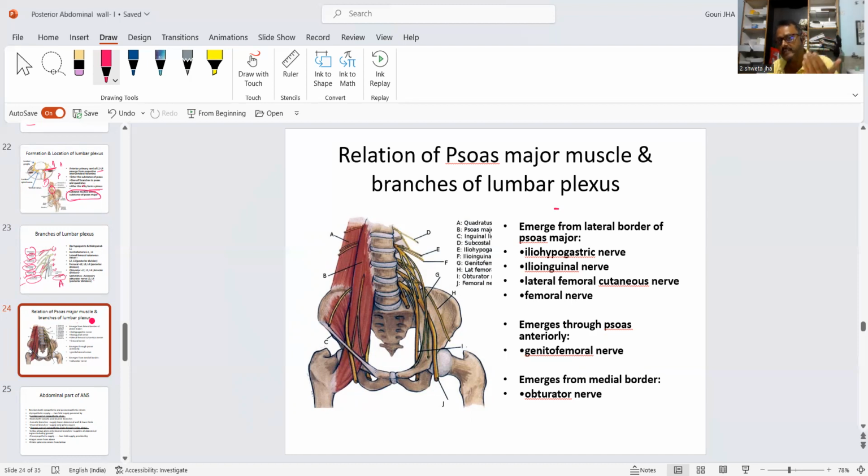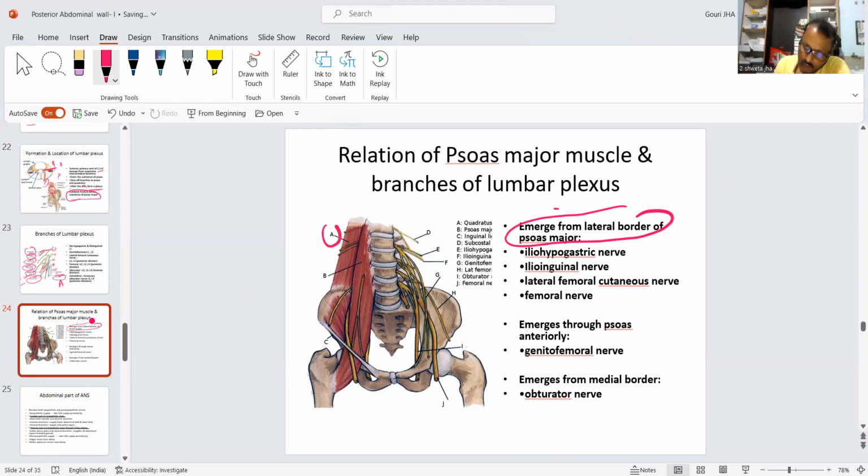Only the two branches, that is the branches for the psoas major muscle and the quadratus lumborum, are emerging before it forms the plexus. So if it is within the substance, some branches will come on the lateral side, some branches will come on the medial side, and some branches will come on the top. So these are the branches which are coming from the lateral border of the psoas major muscle, and these are the